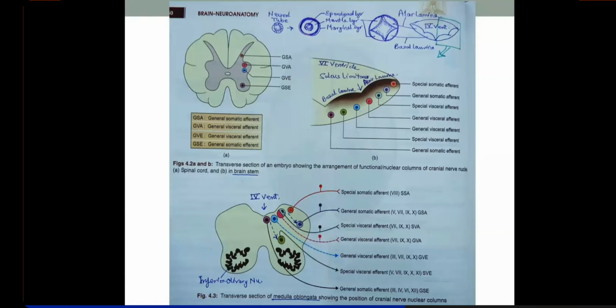Is it clear now? This functional column is homologous to the lateral horn of S2, S3, S4 spinal segments. So this will also provide the preganglionic parasympathetic fibers, right? So general visceral efferents will emerge out, and the purpose of this autonomic functional column is to provide smooth muscles and cardiac muscles. Now what do these smooth muscles do? They bring about glandular secretions: salivary, parotid, submandibular, lacrimal glands, right, they will cause their secretion.